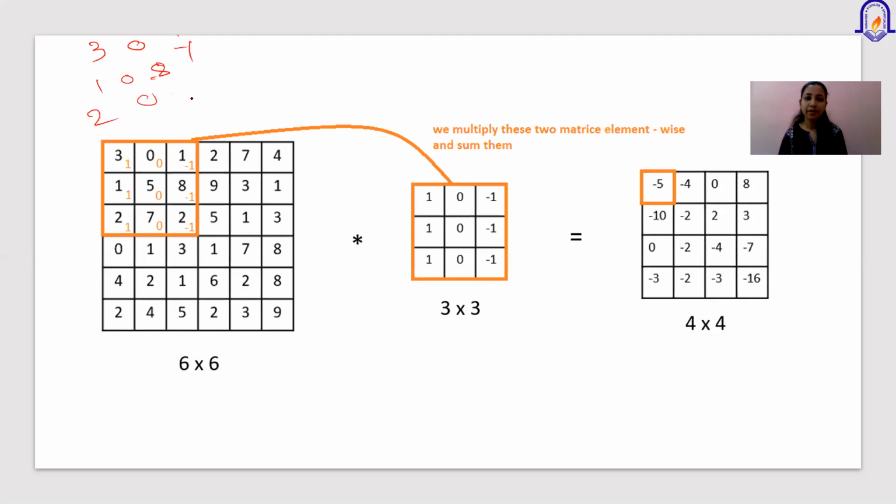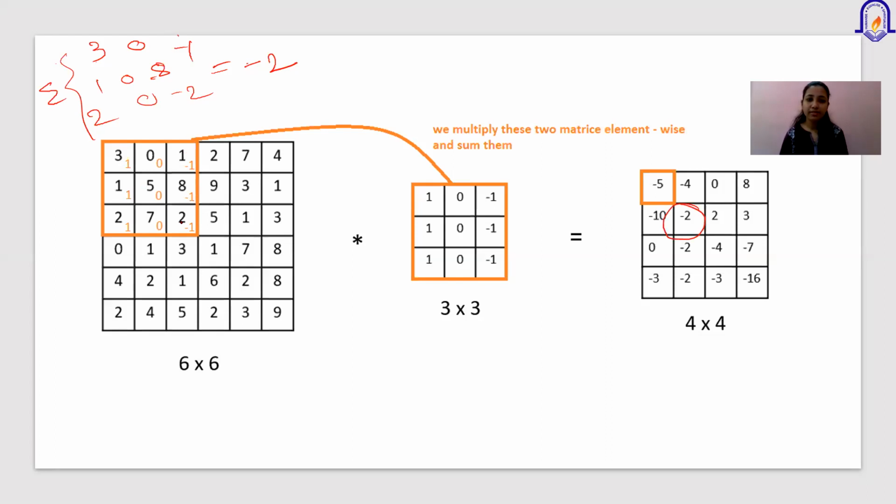Once we multiply by this, we will do the addition of 3 plus minus 1 plus 1, and what will be the answer? Minus 2. If we take the summation of all those things, then answer will be minus 2. And this value we will declare as a result image pixel value. लेकिन कौन सा value change करोगे? Center pixel.